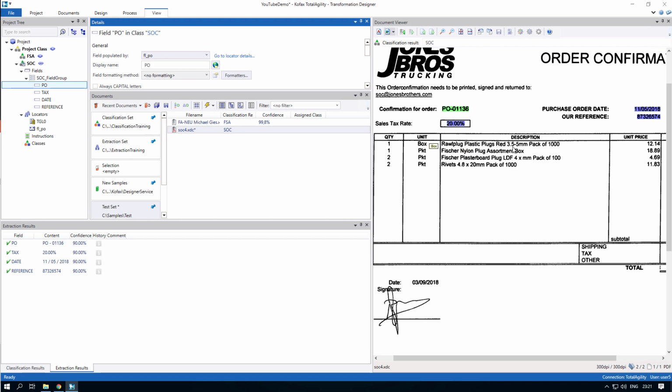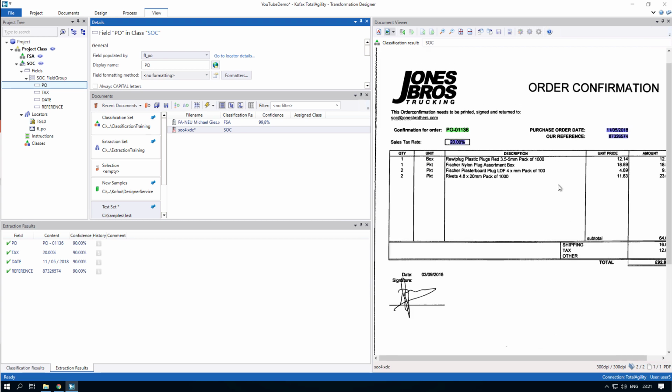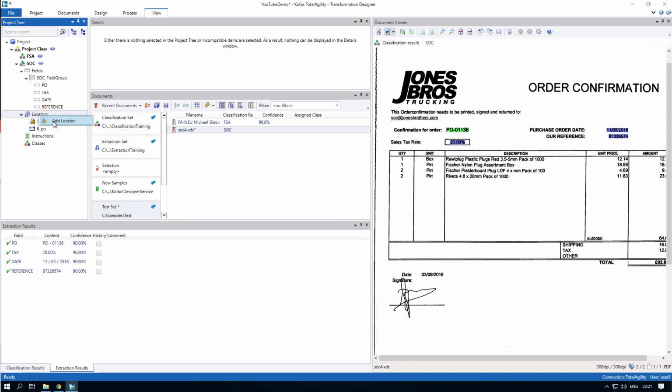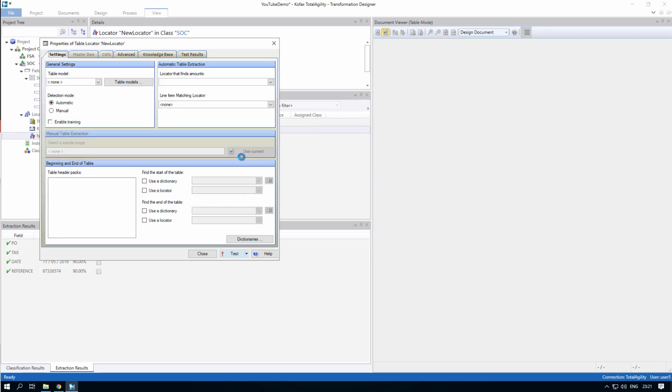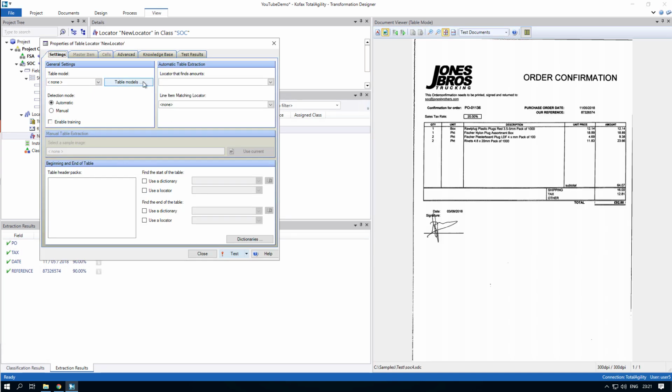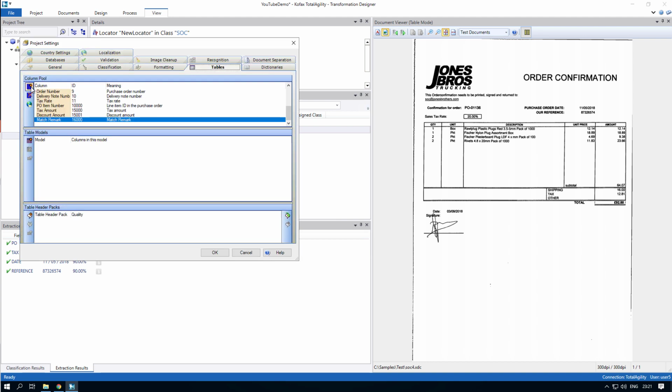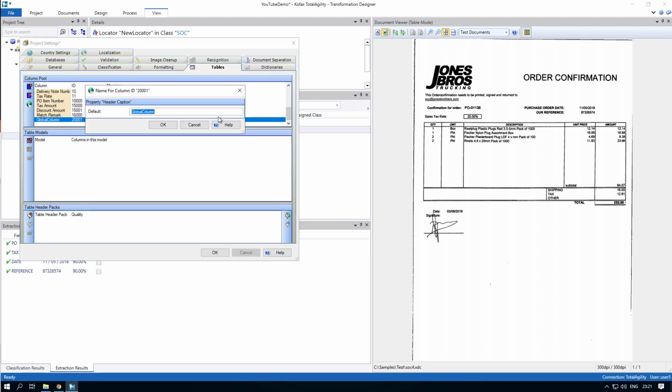Then the other thing is, of course, the actual table that we have there. So we want to extract the quantity, the unit, description, unit price, and amount. And what we want to do for that is use a table locator. And let's configure the table locator. The first thing we need to do is create a table model, which means as much as we need to create something where we can store all this